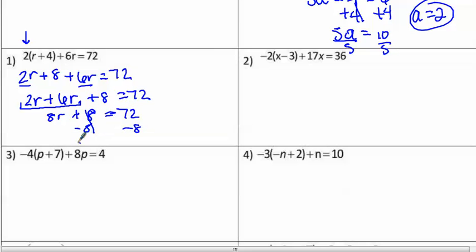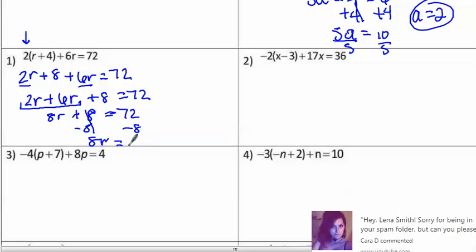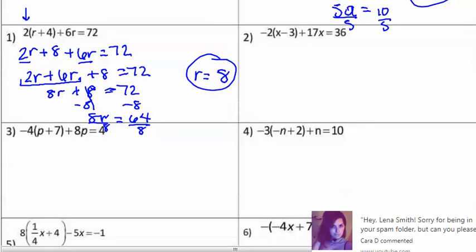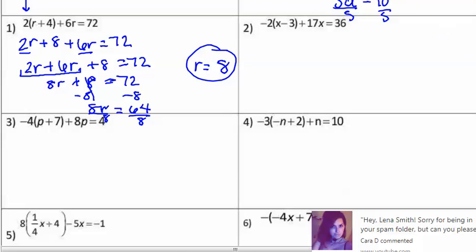Solve your two-step equation. Circle your final answer. Try the problems on the rest of the page and check your answers with the answer key. If you have any questions, ask